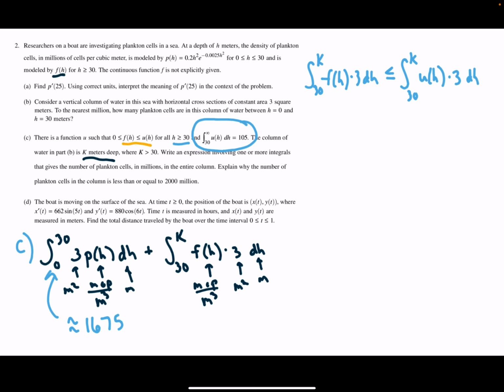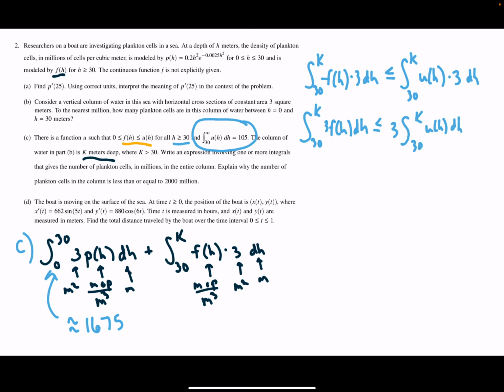So that means the integral from 30 to K of 3 times F of H dH has to be less than or equal to 3 times the integral from 30 to K of U of H